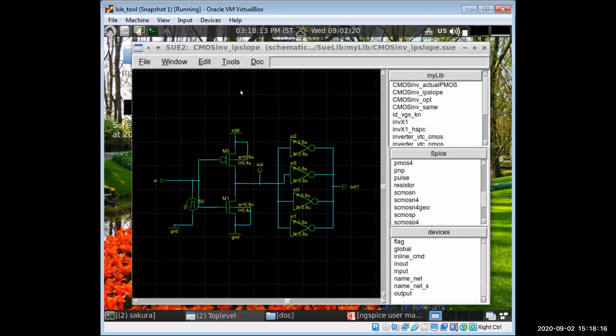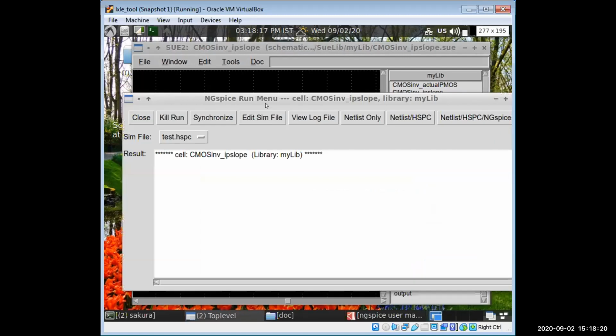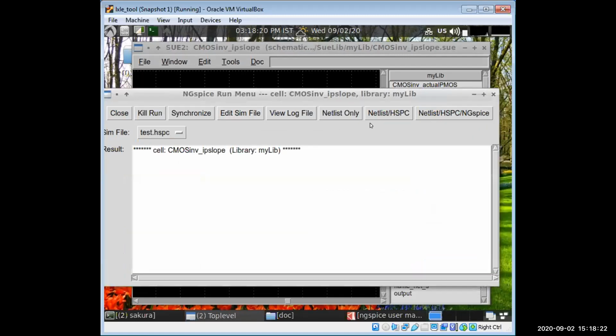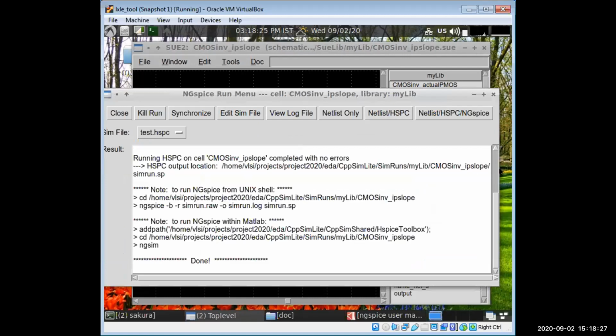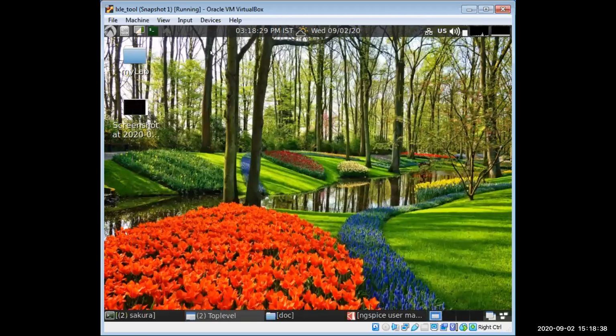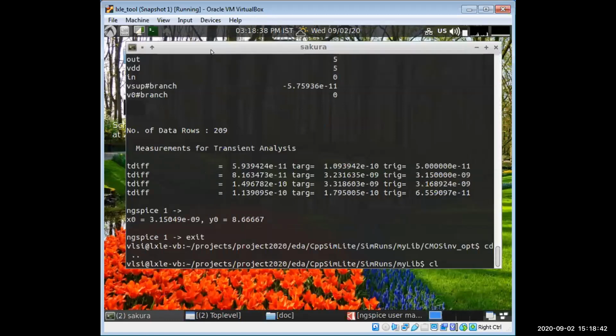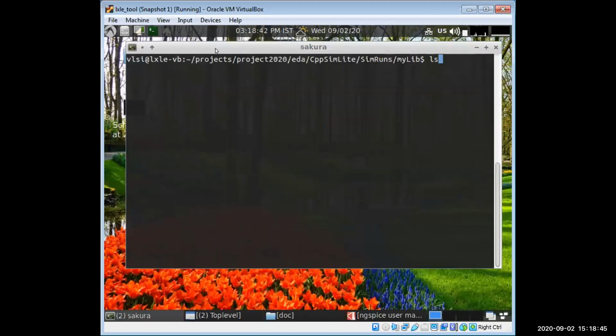After saving it, go to tools. As I have said, you do edits in the file, it's up to your wish. Then do netlist/hspc. It is showing you the location. Then go to the terminal. ls. Okay, this is my file.